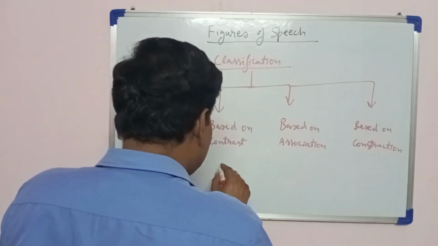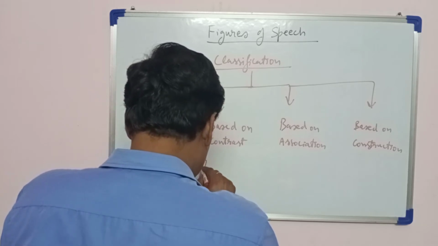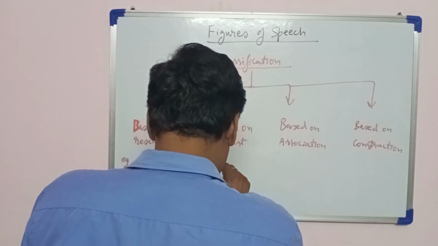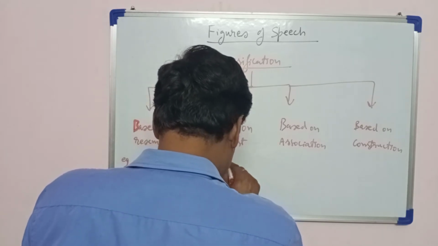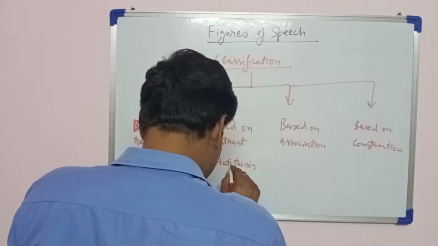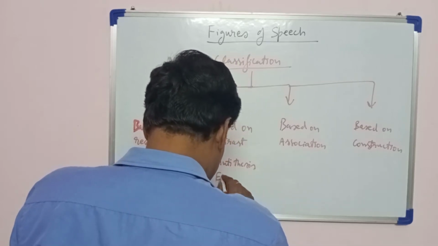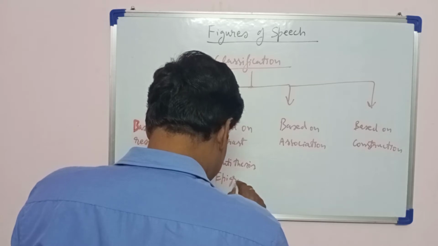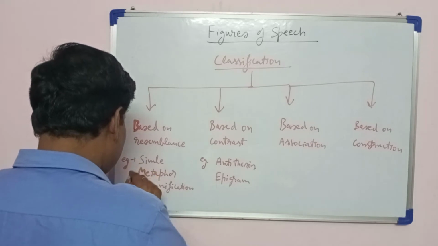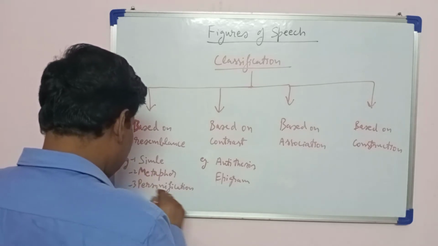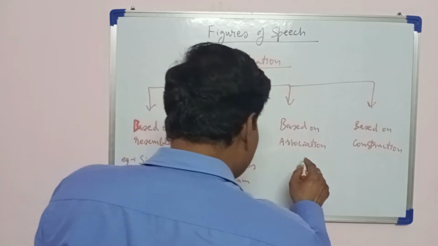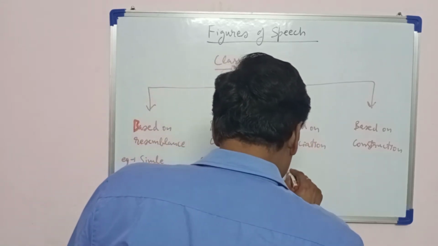Then based on contrast, example: antithesis, epigram. These are the examples of figures of speech. Then based on association,